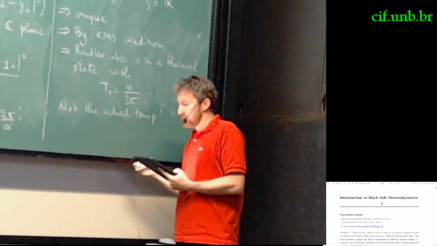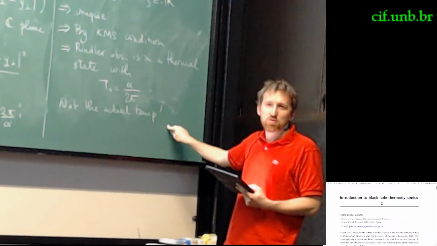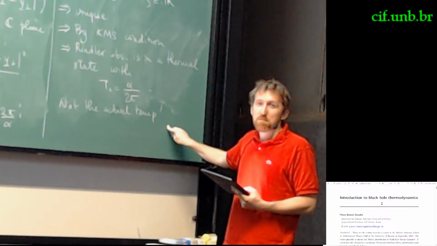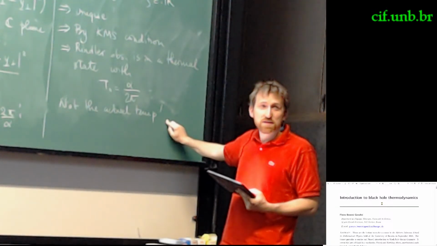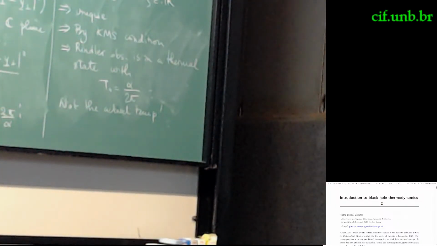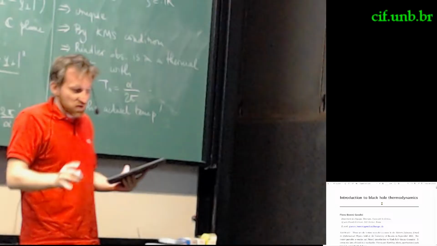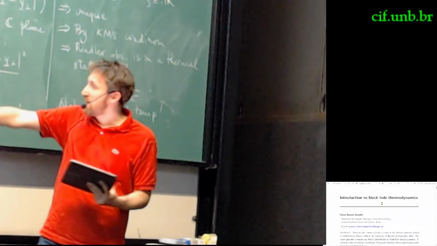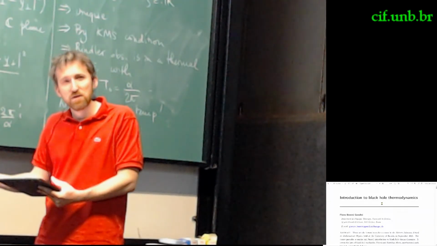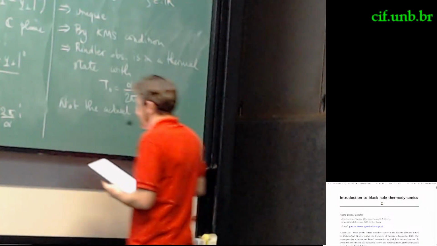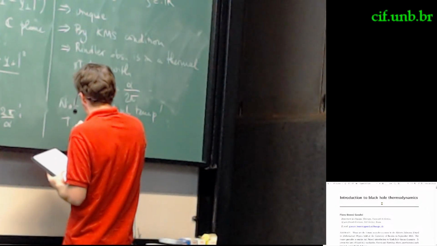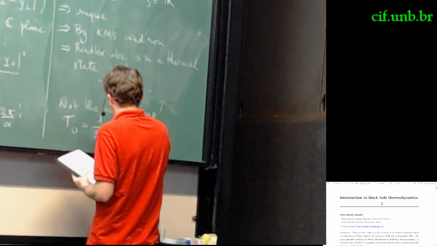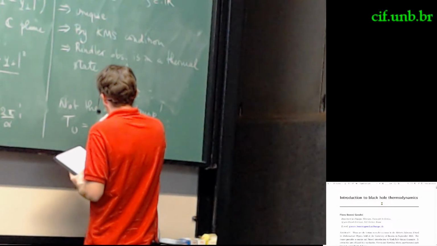Because the actual temperature is measured by the observer who follows a world line where the four-velocity is normalized. But the measure of the frequency is done with the unnormalized vector. So there is a difference between the Planck spectrum defined by the boost and the world line velocity itself. And the end result is that the Unruh temperature, so the temperature that is measured by an observer, is actually rho to the -1,